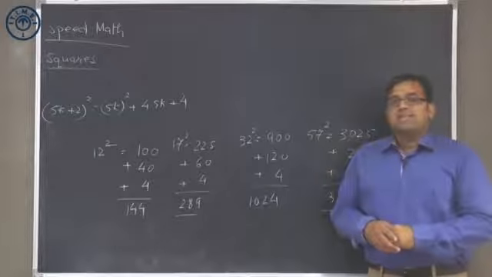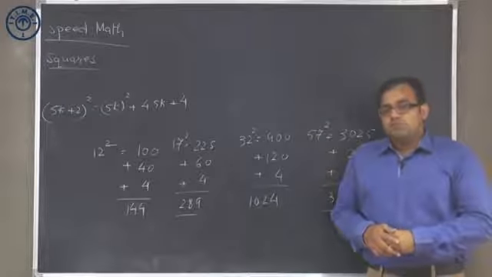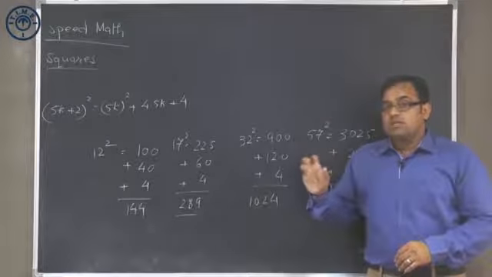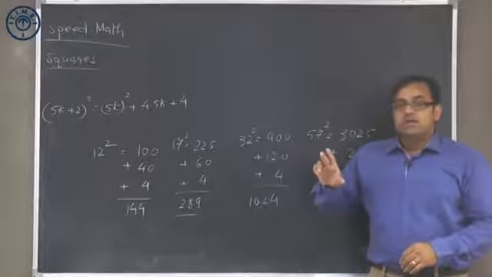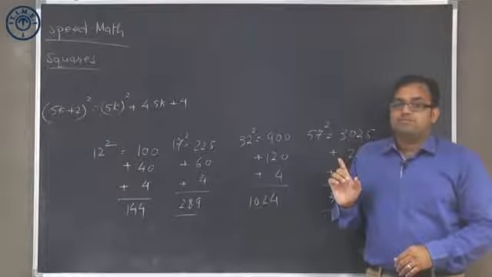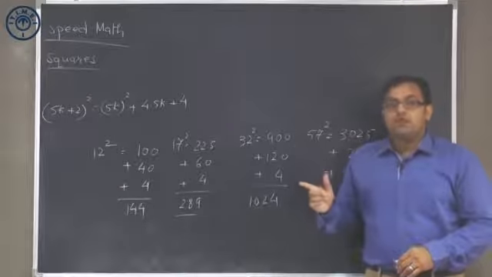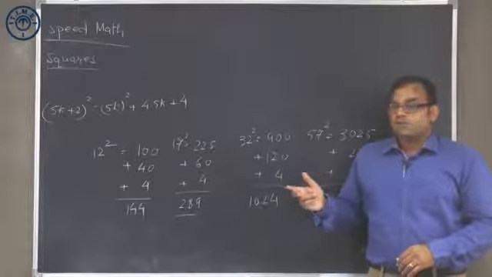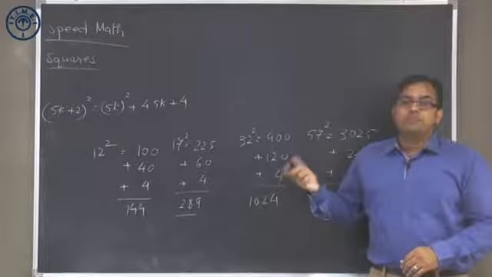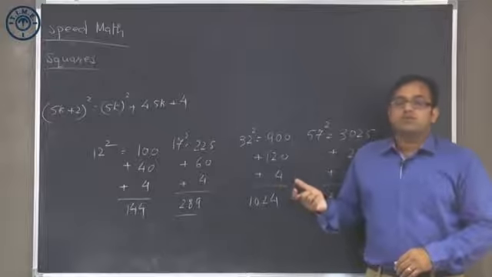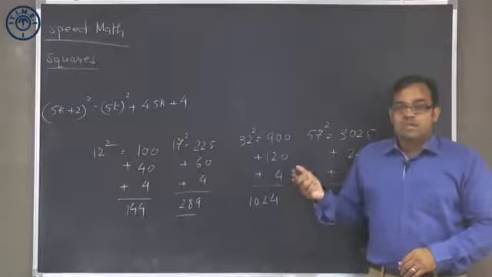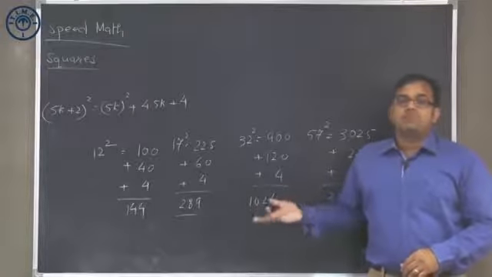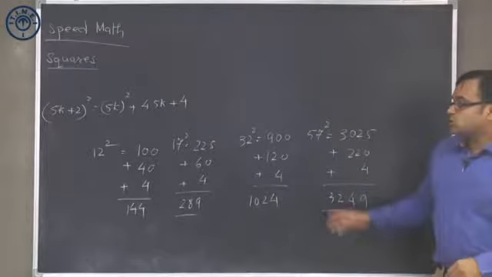Let's say we have to calculate 37 square. For 37 square, first of all you will ask yourself what is 35 square. 35 square is 3 into 4, 12, 25, plus 35 into 4. 35 into 4 is 140. So 1225 plus 140 is 1365. 1365 plus 4, so 1369, that is your square, and so on so forth.